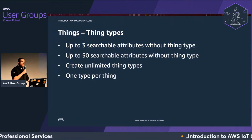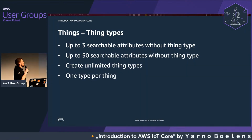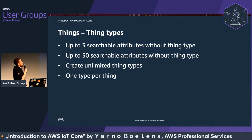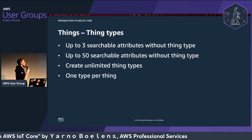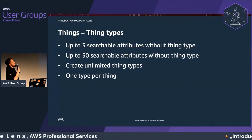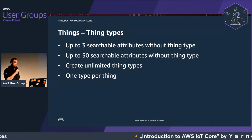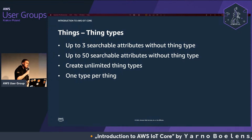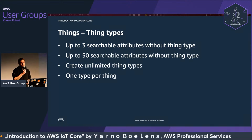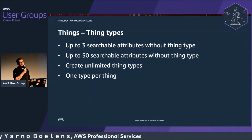Now, you might be thinking, what are searchable attributes? Why would we need them to begin with? Searchable attributes are characteristics of the device that you will be using for a number of features, such as being able to update all the devices that match a certain characteristic at the same time without having to individually approach all these separate devices. So once you start using a thing type, you are able to add 50 searchable attributes to